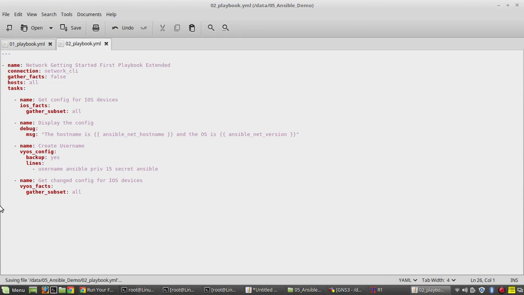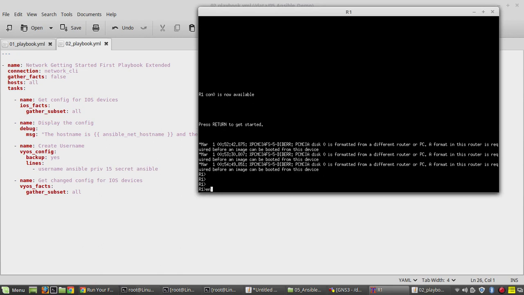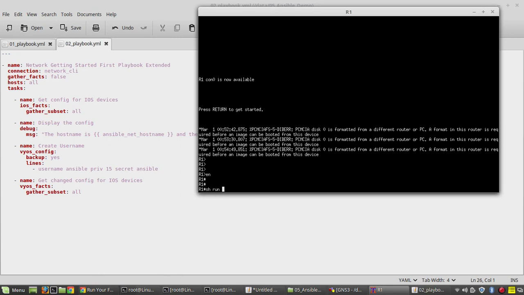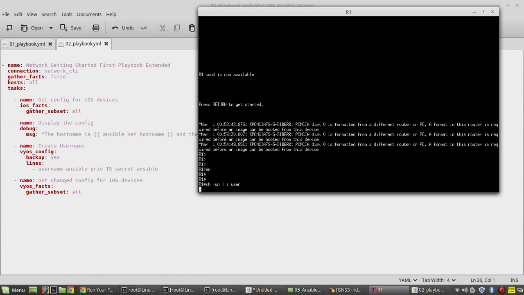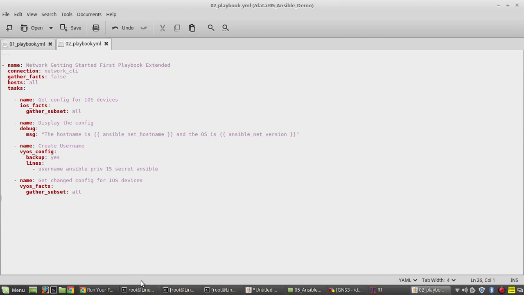Let's save the playbook. We'll try to execute this. Before that, we'll verify the configuration. So I have only one user called admin. So let me try executing this.